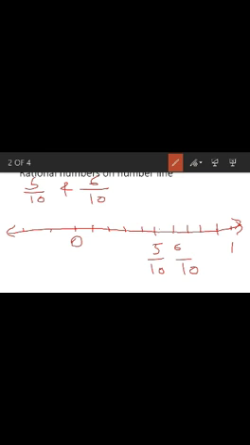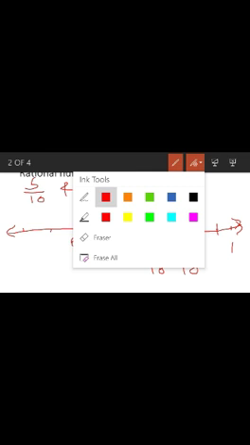Now we need to find out the midpoint of the line segment joining these 2 points and see what number it shows. Now see, on the number line there are points showing the numbers 5 upon 10 and 6 upon 10. Now what we need to do? We need to find the midpoint of the line segment joining these 2 points and see what number it shows. For that, what we need to do? We need to find out the midpoint of the number.